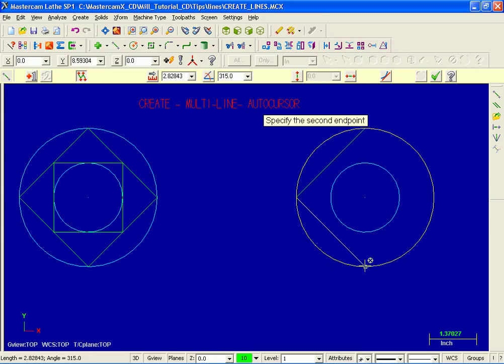I'm going to pick on down the very bottom, and there's another visual cue that pops up. I'm going to pick it. Over onto the right, there's the visual cue for endpoint. I'm going to pick it, and let's move on back to the top, and there's my visual cue for endpoint. Now in this situation there is more than one point that lies within the detection range of the cursor, endpoint